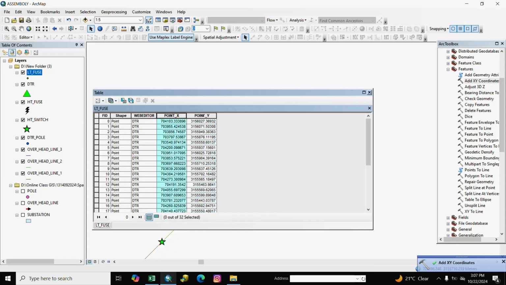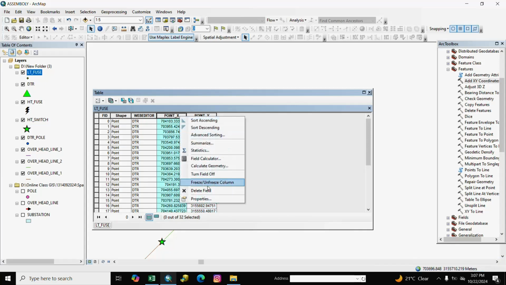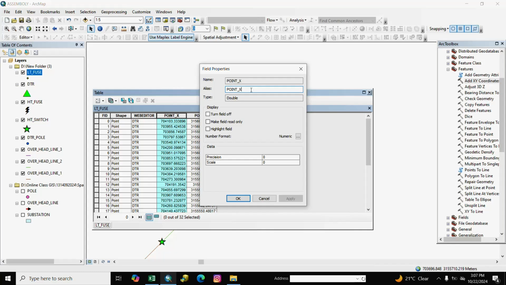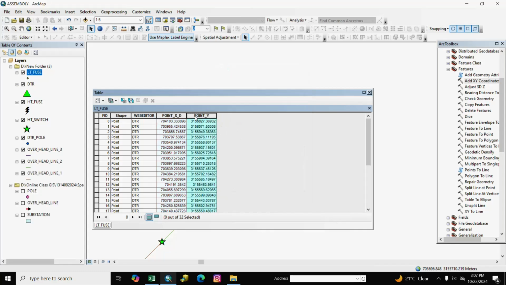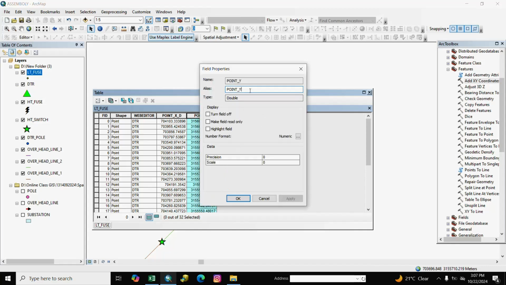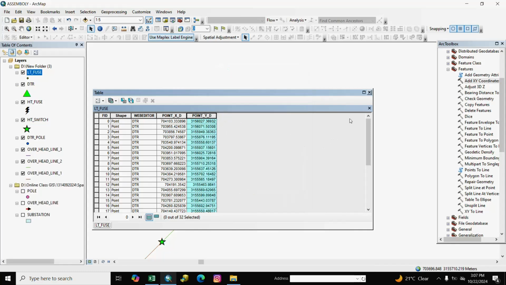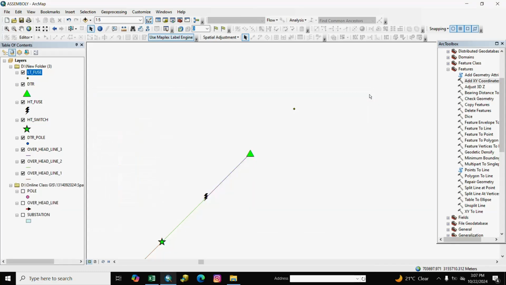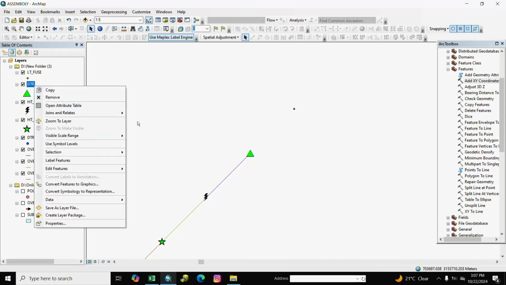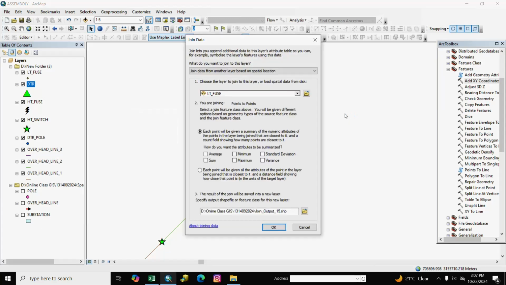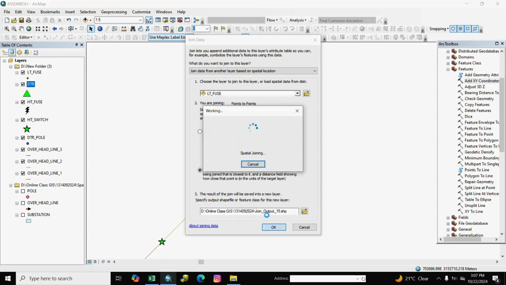XY coordinate is created and we change name D, okay, and we special join DTR to LT fuse, okay.